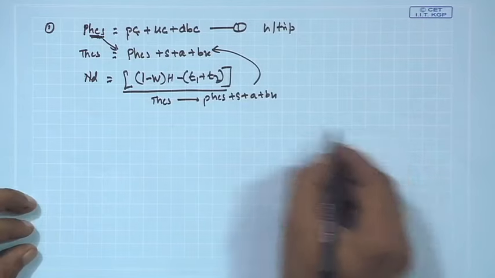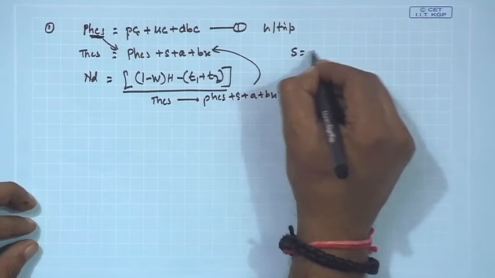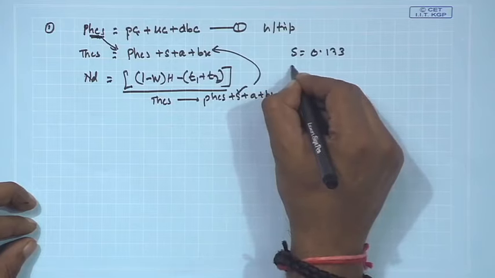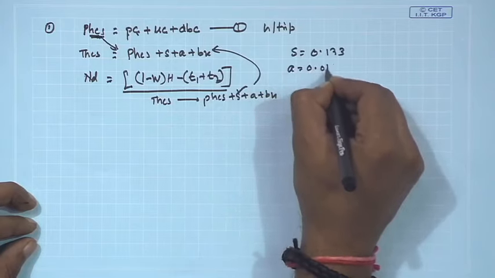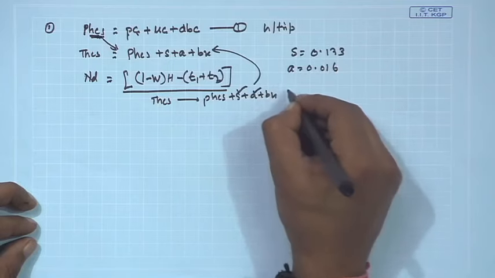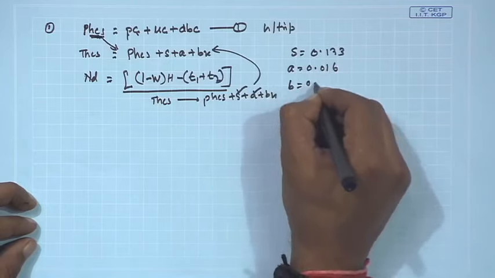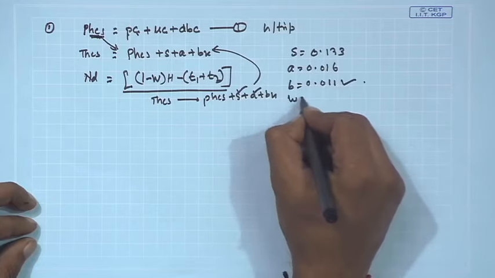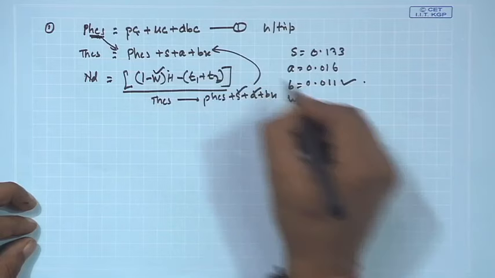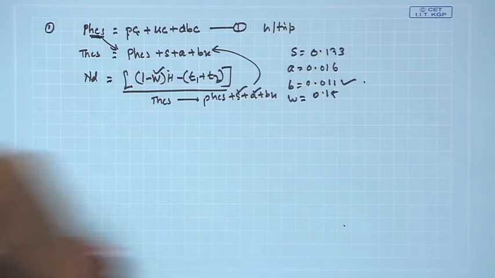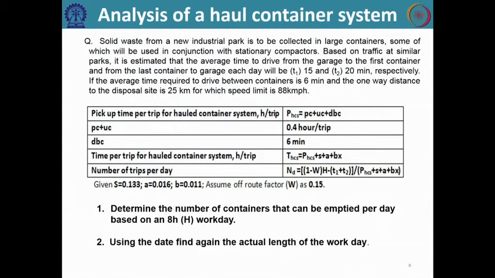So here we are provided with the S value, which is given. We are given the A value of 0.016 in the new question itself, and the B value of 0.011, which is also given. And W, that is the off route factor that you will be using here, is also given as 0.15. So in the question you can see the first question that is asked is to determine the